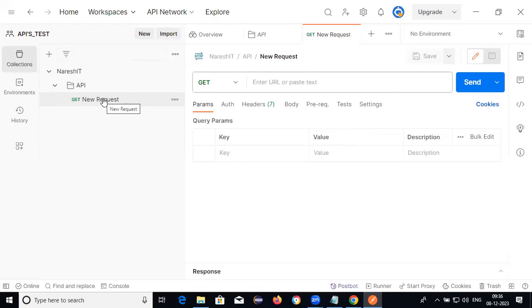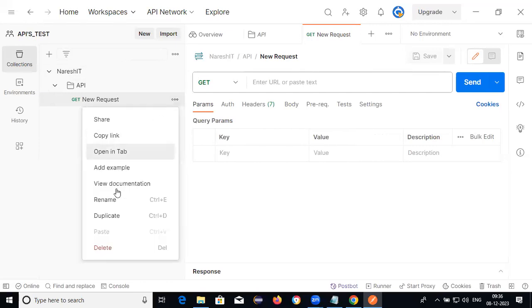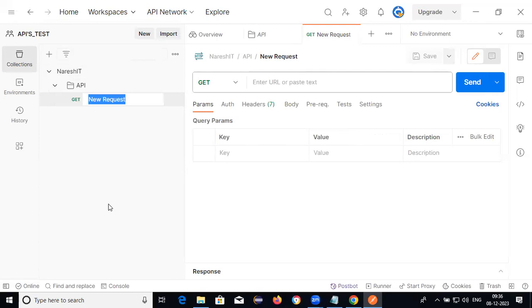See guys, this is the request. This request we need to change to get. So if I want to do the API testing, I need APIs.